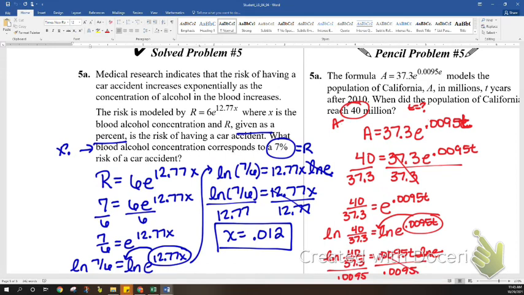All right, so we'll get t equals, in our calculators, we're going to type in the natural log. Okay, so we're ready to type this in our calculator. So we're going to type in the natural log of 40 divided by 37.3, close your parenthesis, divided by 0.0095. And I got